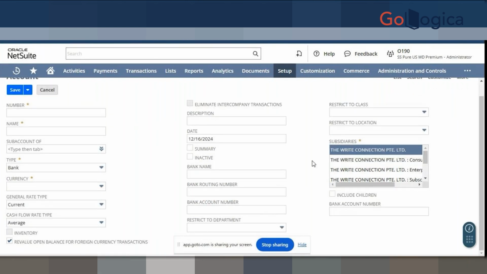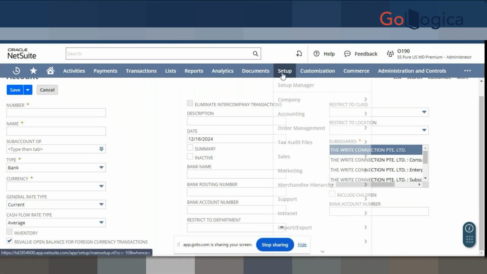So here there is a number and name column, right? Number and name. So this is the account name and this is the account number. Okay. Fine. Anything else? No, nothing. Okay. So now once the chart of accounts are created, the next thing that you do is you